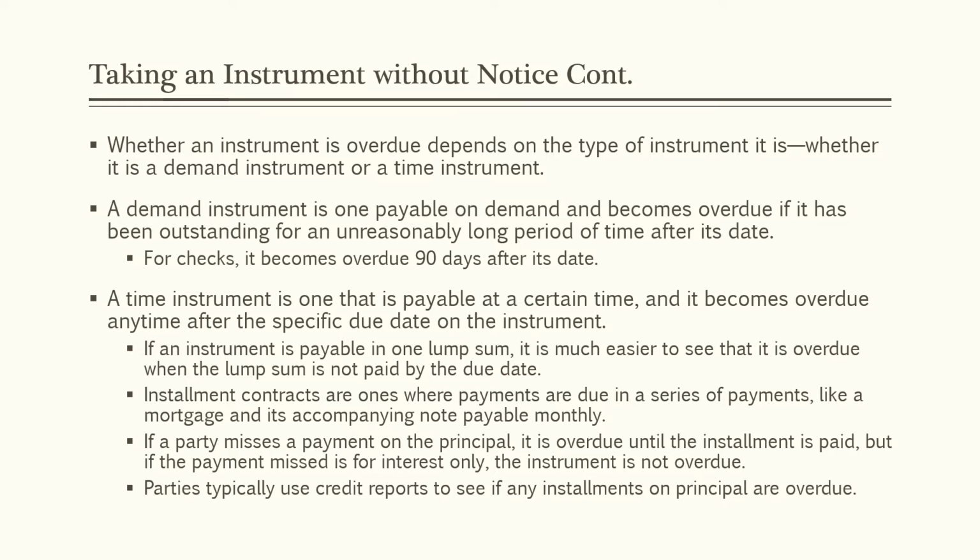Now, if there are missed principal payments on the report, the bank would have notice of the note being overdue, and if they still bought it, they wouldn't be a holder in due course. If they failed to check the report, notice could still be imputed to the bank because given the circumstances, the bank should have checked the credit report and should have known that there were overdue payments. That's really what happened to my bank client. It's just that it wasn't practical to check the credit reports on thousands of notes.